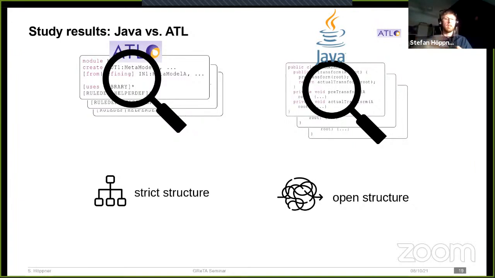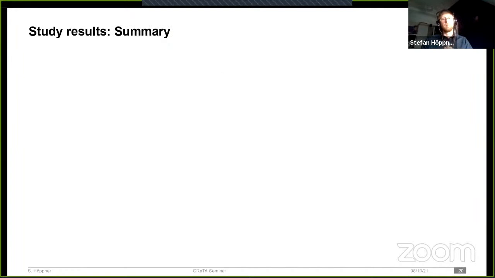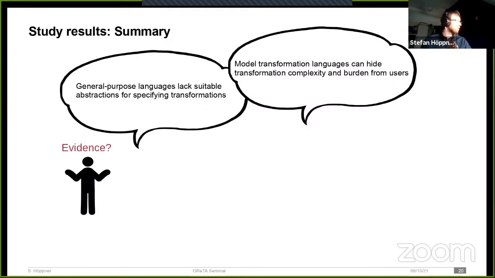Whereas in Java, there are different approaches as to how you can actually achieve your transformation. This can also help in complex cases where you need to do complex selections or such things. In ATL, this might lead to some code duplications of your rules, and in Java, you might be able to avoid those.